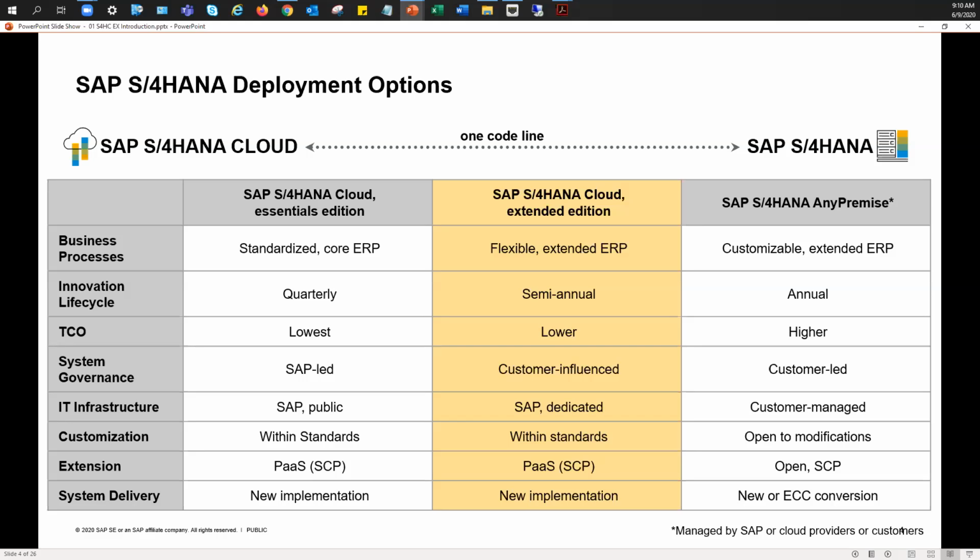Because it is a cloud solution, it still has some degree of requirement for standardization, because the focus of cloud solutions, where they are software as a service or SaaS solutions, is that you are paying a subscription fee for specific business processes in the system that have been designed by the cloud provider. So in this case, it's ERP business processes, right? So if you are doing that and the cloud provider is doing some degree of technical management of the back end of your system, especially, there needs to be some degree of standardization so that they're able to manage the technical